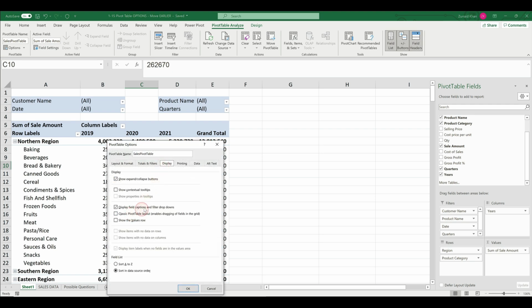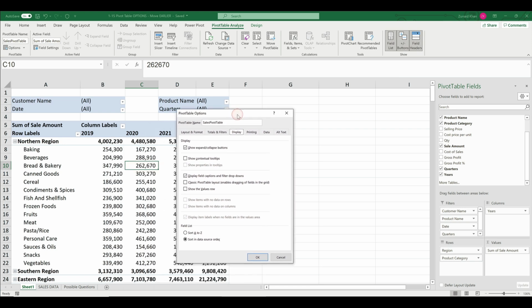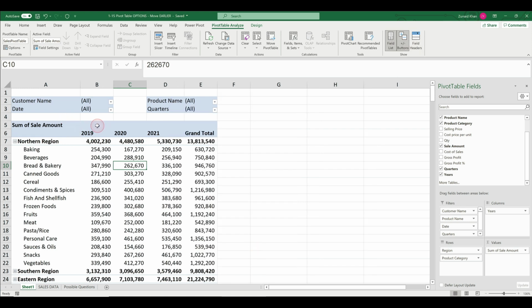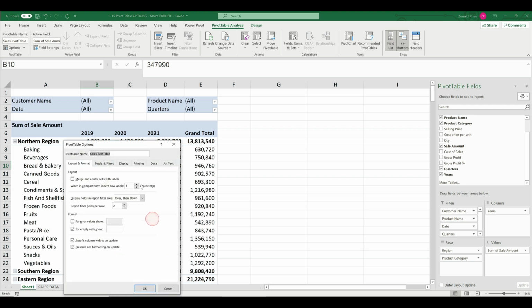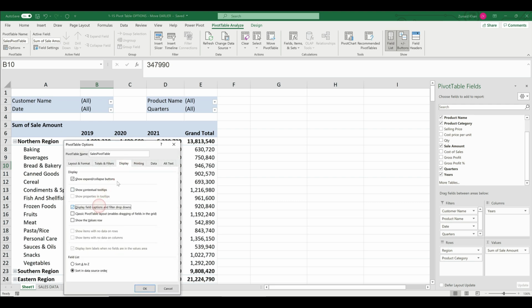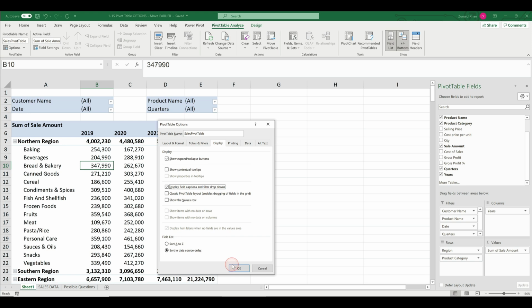Okay, we now move to the display field captions and filter dropdown. You can see these are the field captions and the dropdowns. Watch what happens when I tick it off. If I tick it off over there and I say okay, you can see it's actually disappeared. To add it back on, we go back to the pivot table options and the display, we can click that, and if I say okay now,